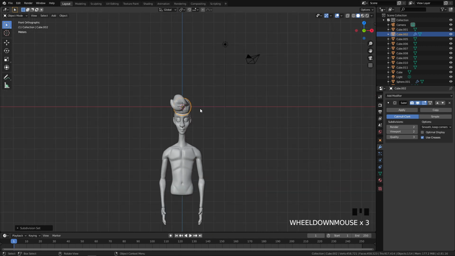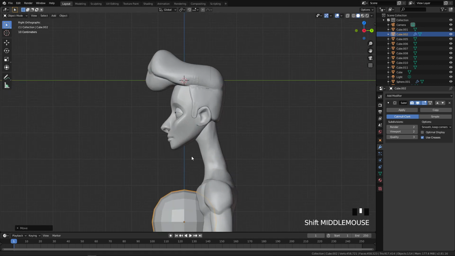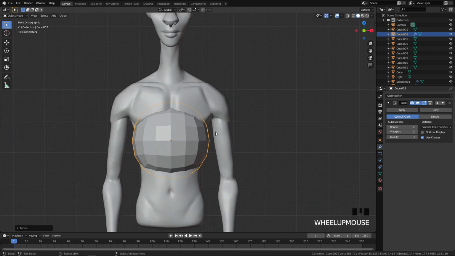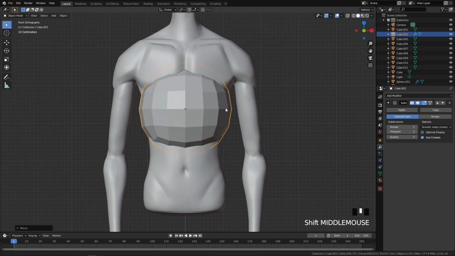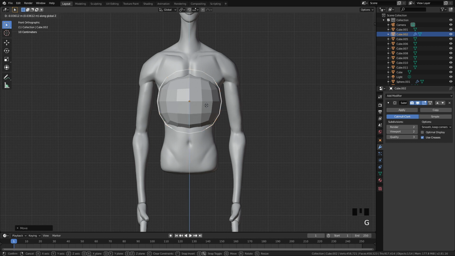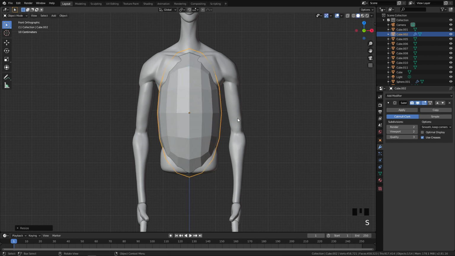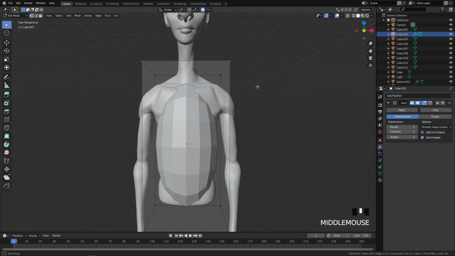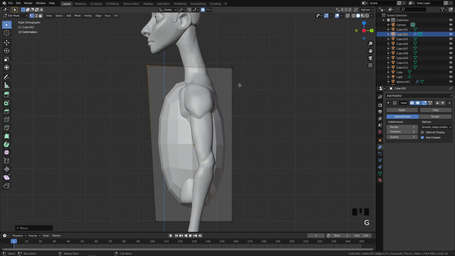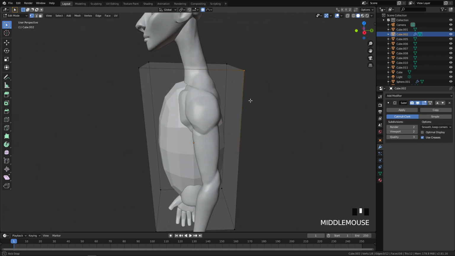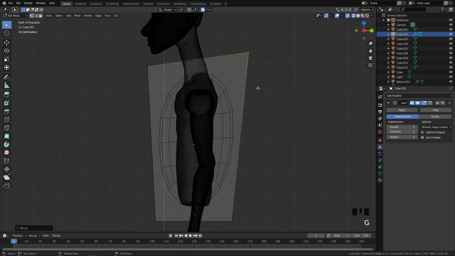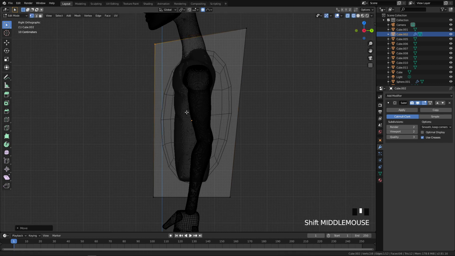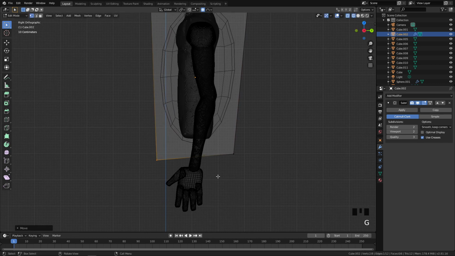Let's scale it up like this. Let's move it down. Let's move it more to the torso, and we will scale it up so it will match our body like this. Let's go now to the edit mode and move it so it will match more with our character, but we have to go to wireframe to basically select all the vertices that are behind my